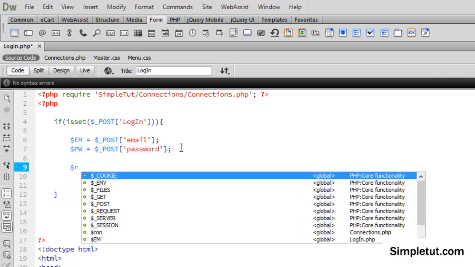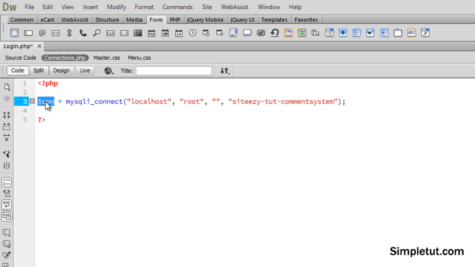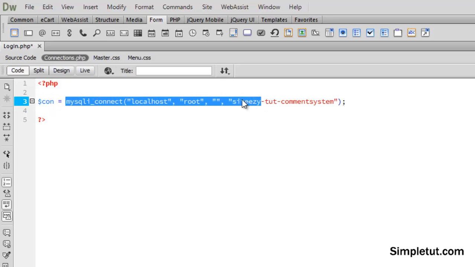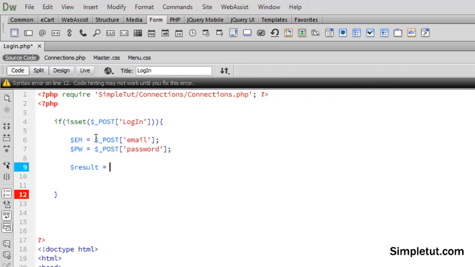So we're going to insert that into a variable called result, and that's going to equal, and if you remember in the connections file, we created this variable, mysqli_connect, which is con, which stands for connection. We're going to call that now. So we're just going to say con, and then we're going